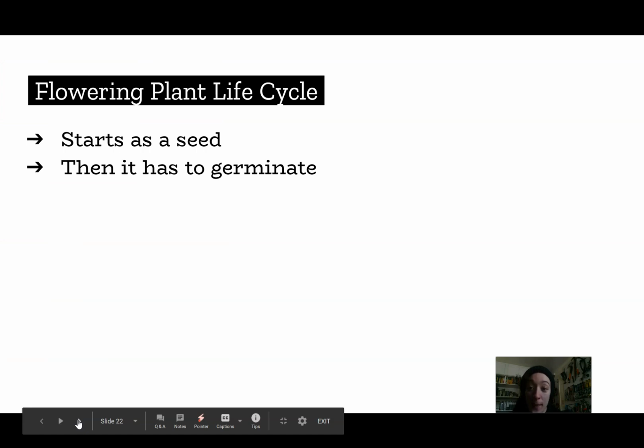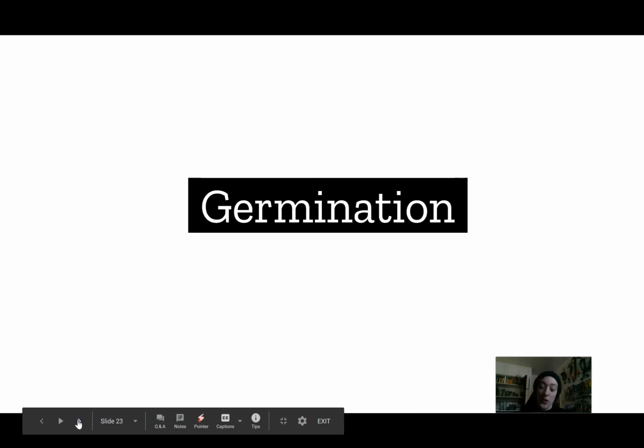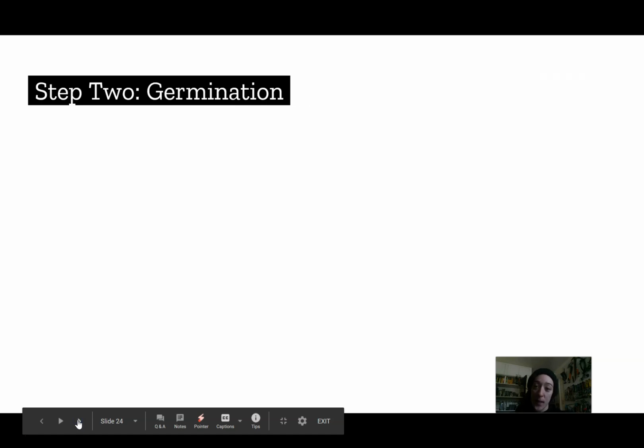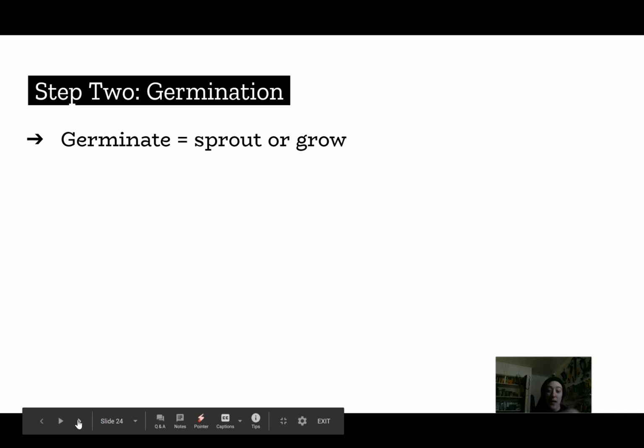The next step is that the seed has to germinate. And what does germinate mean? So step 2 is germination. Germinate means to sprout or to grow, right? To activate. So it's not the process of growing as much as it's the beginning of growth, right? The start of growth. So when a seed finally wakes up and begins to sprout,